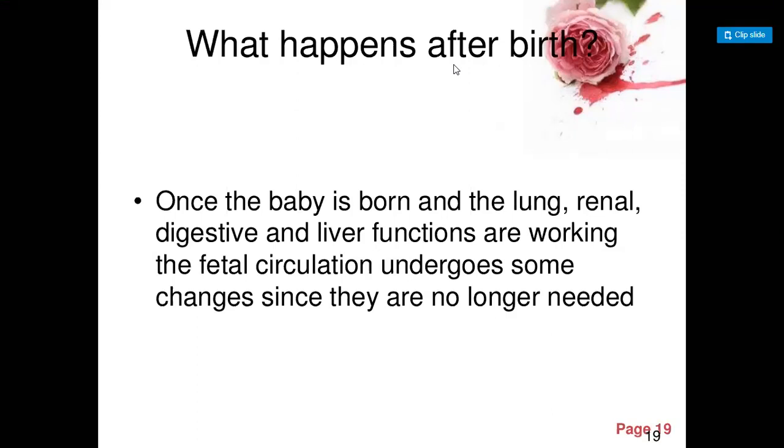So what happens after birth? Once the lung, renal, digestive and liver functions are working, the fetal circulation